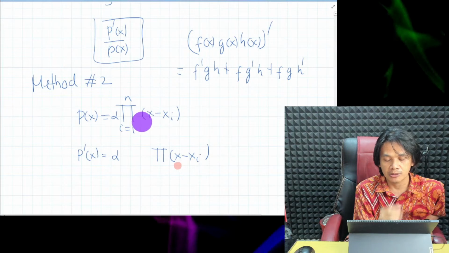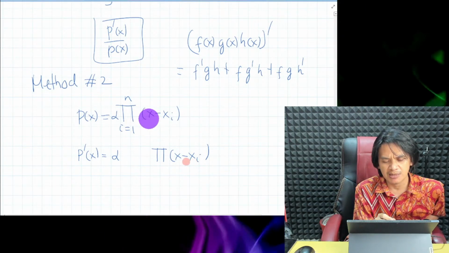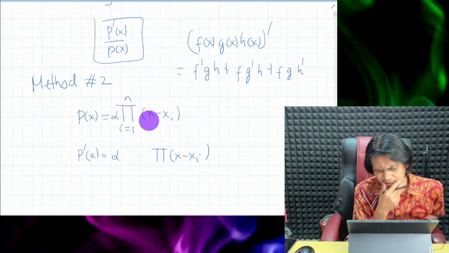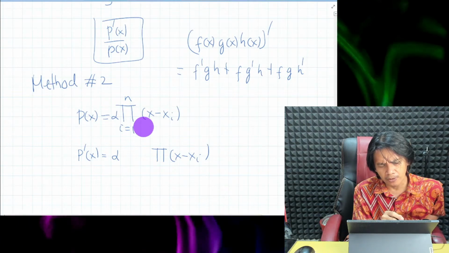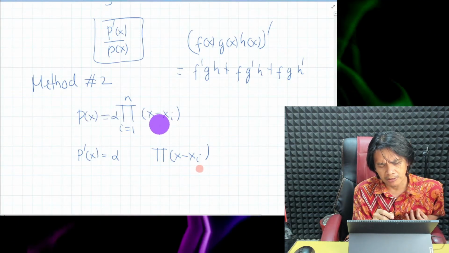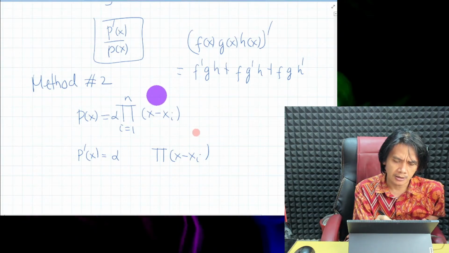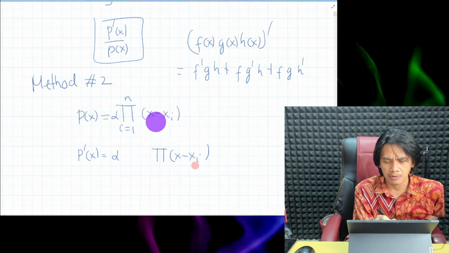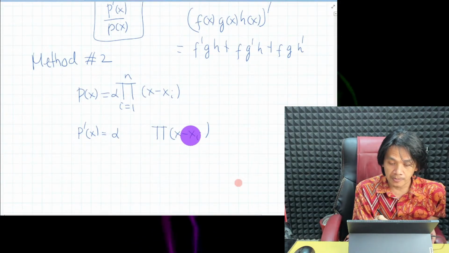Maybe I'm just, okay, is this really a general form of all polynomials with real roots? Yes, I think we can do it like this. Okay, so what I mean is,